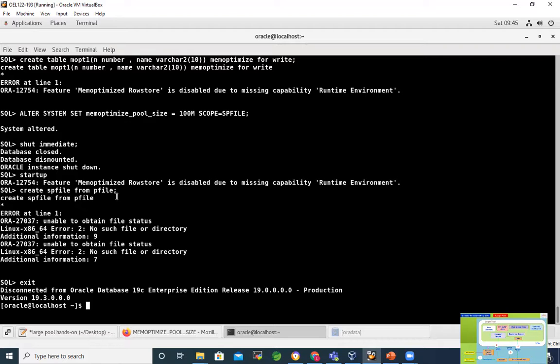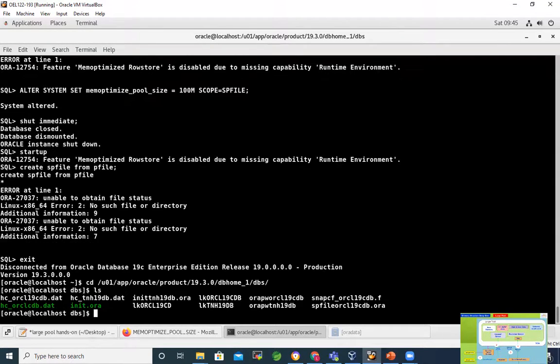In my DBS folder. So let's go there and see. U01 app Oracle product 19.3 DB home and DBS. So in this folder, I should have a file called init